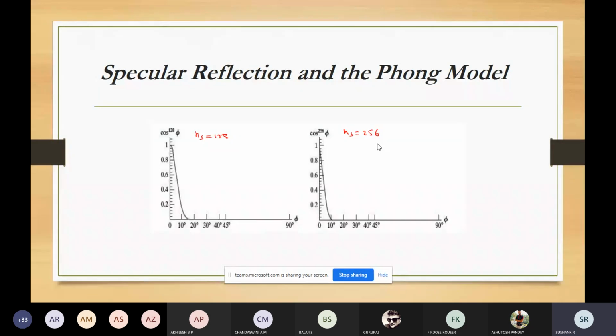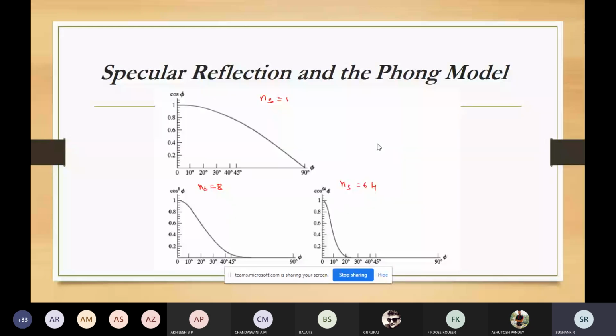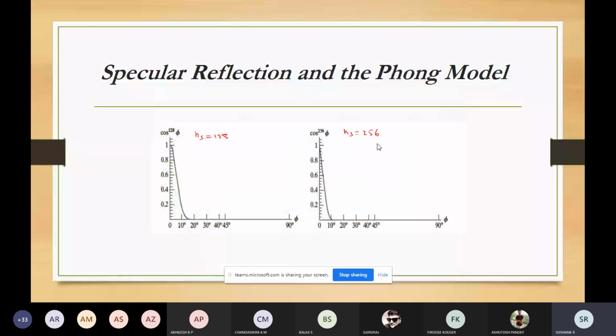here we are checking a graph of cos phi, the graph of that Phong model, cos phi to the power ns versus the angle. So you can see the five different values: ns is equal to 1, ns is equal to 8, ns is equal to 64, 128, 256. You're getting this graph. So this graph will give us the effect of ns on the angular range for the